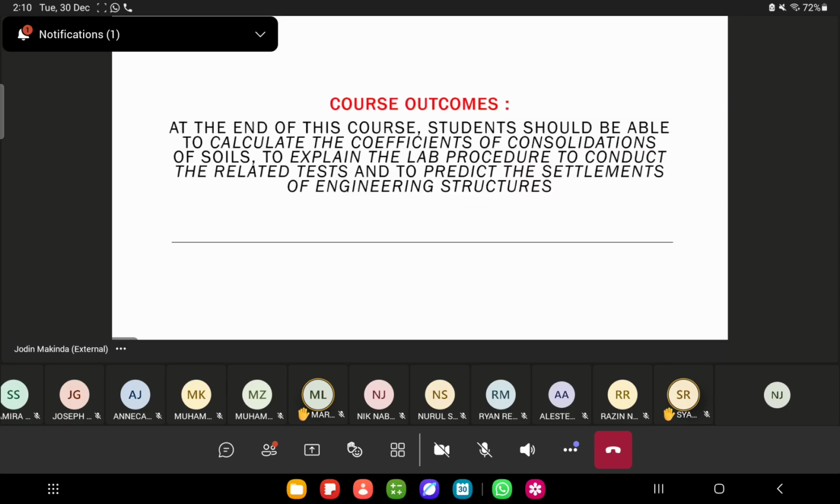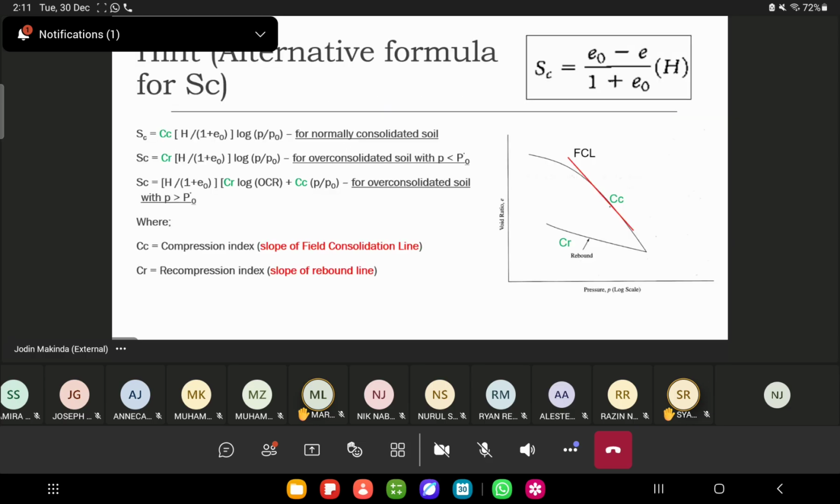So today we are going to continue, but today we will look more into the calculations of the settlement when time factor is taken into consideration. Yeah, when time factor is taken into consideration. Now,